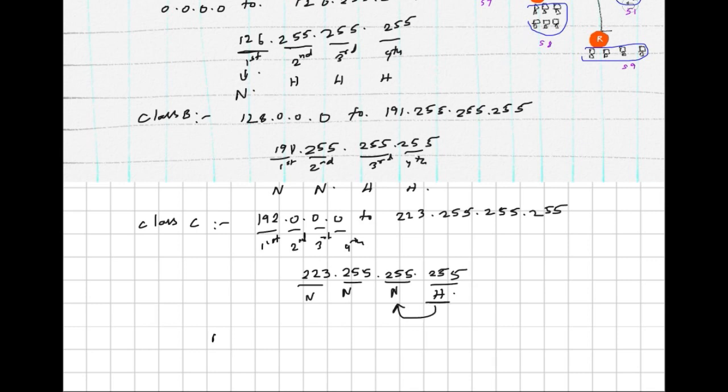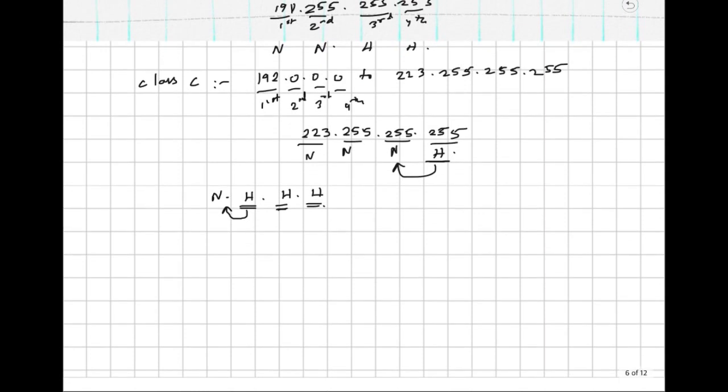So class A has one network part and the remaining are the host bits. So we borrow the host bits. Each host portion has 8 bit places. From these total 24 bits, we borrow bit by bit and move it into the network portion. Thereby we get multiple smaller networks and different network IDs are possible.